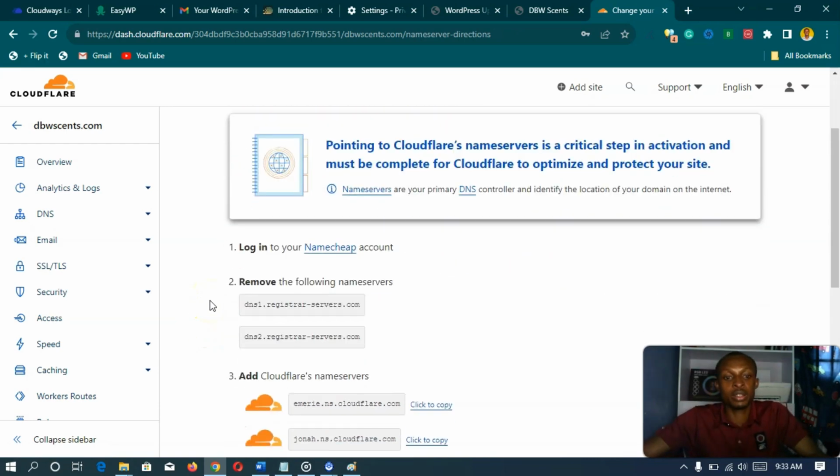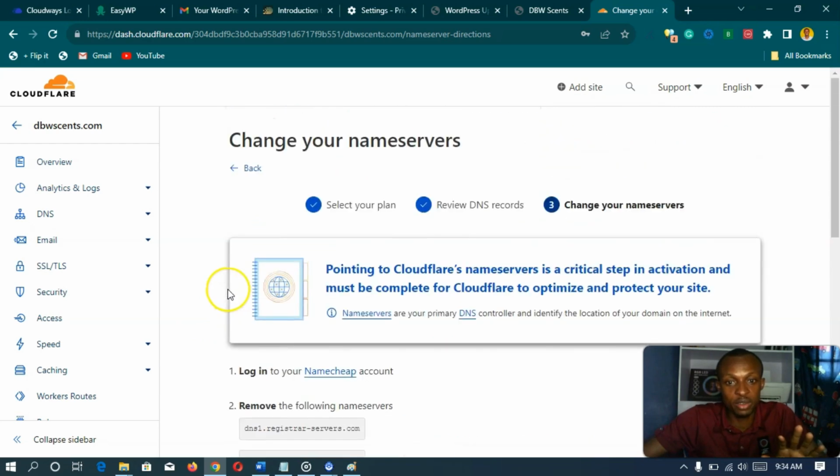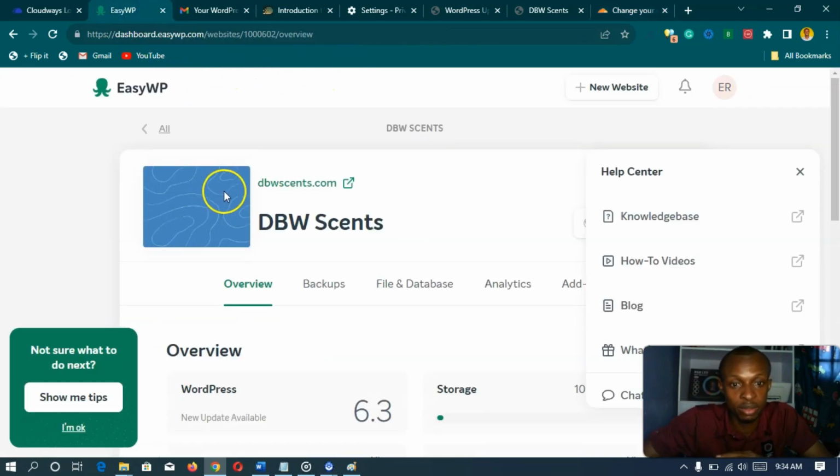On the next page here, you will have to copy these Cloudflare name servers and take them to your EasyWP DNS, to your Namecheap DNS settings. It's just easy. Just follow along as I show you how to do that. So the first thing, I want to copy this, and then I'll go to Namecheap. This is EasyWP